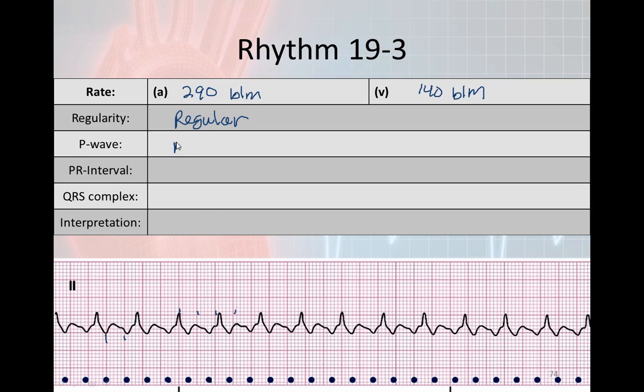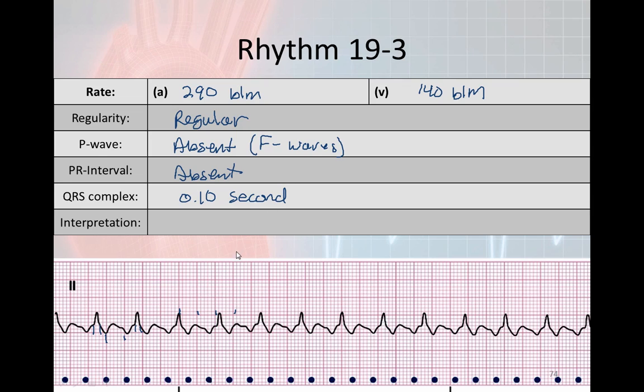P waves are absent. And the reason they're absent is because there are F waves. PR interval, since we have no P wave, we can't have a PR interval. QRS almost looks a little bit wide, but actually no, it looks really good. It starts here and it breaks away here, so that is just about 0.10